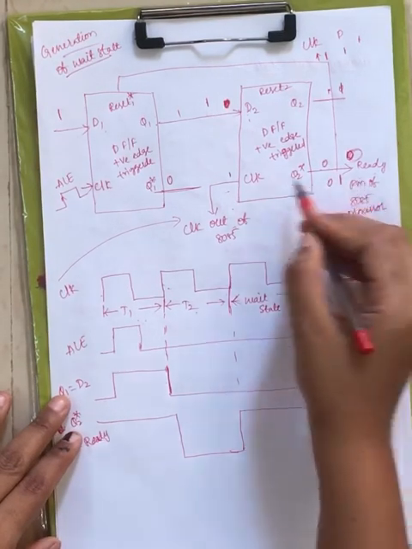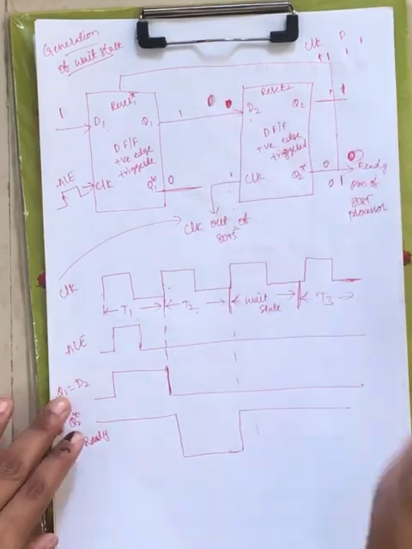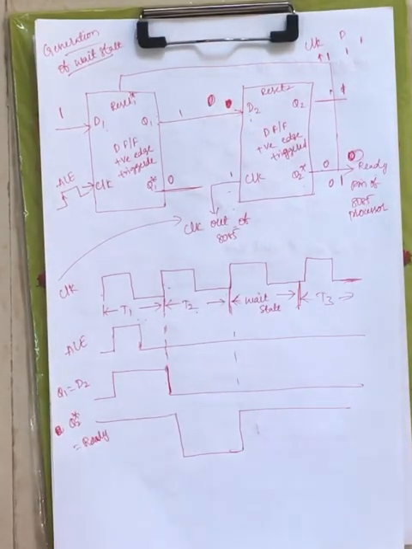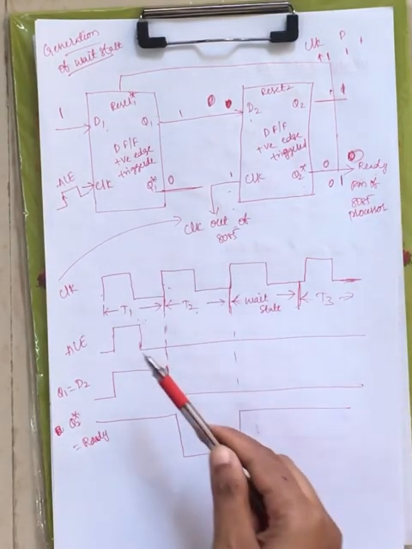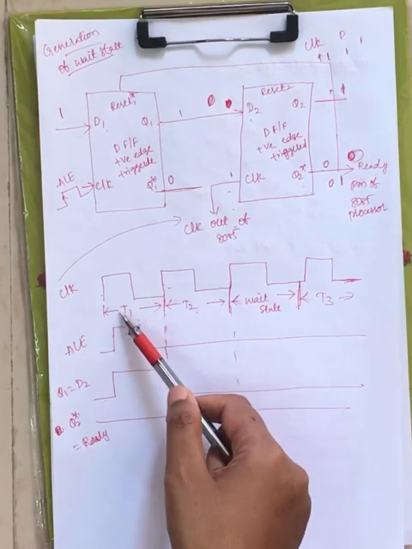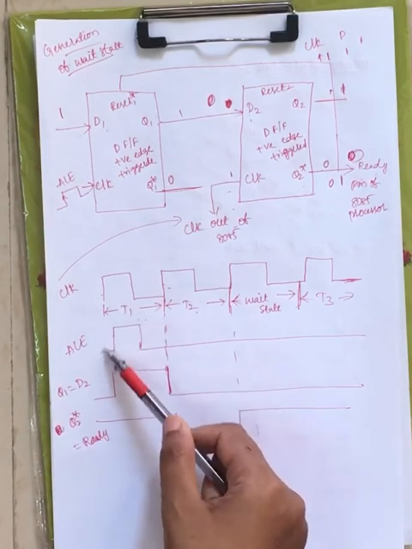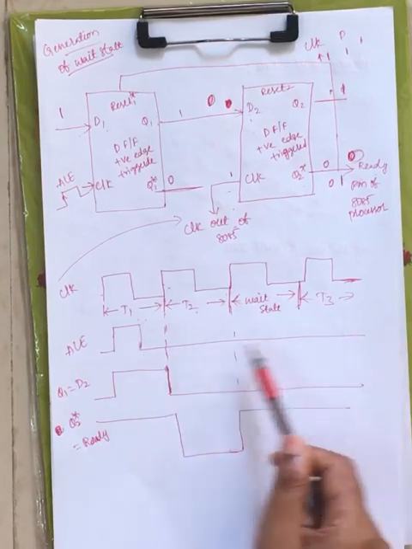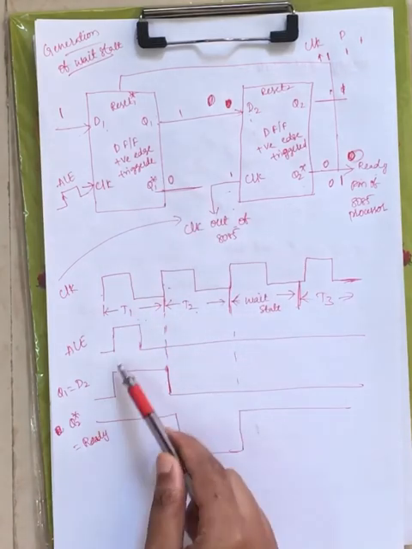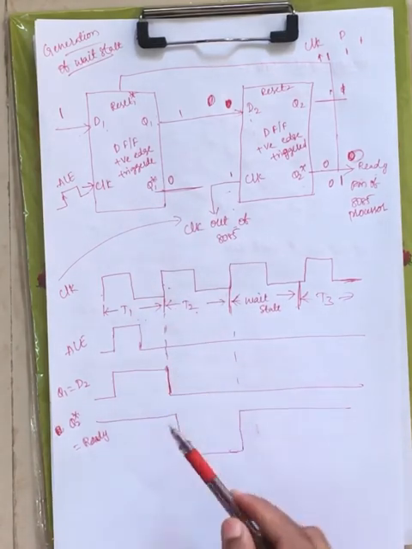In order to make the ready pin 1, D2 should be 0. We have to choose such values that the ready pin is 1, and that conveys information to the microprocessor that the external peripheral is ready for data transfer, based on the D table only. For the positive edge of the first clock cycle, ALE will be high, and when both are high, Q1 will be 1, which will be high during T1.